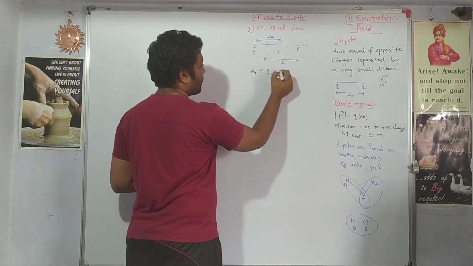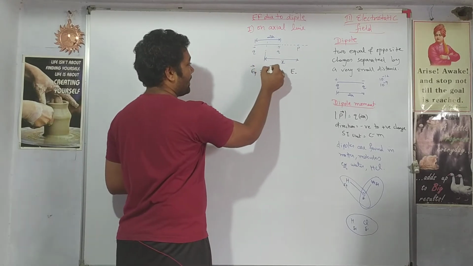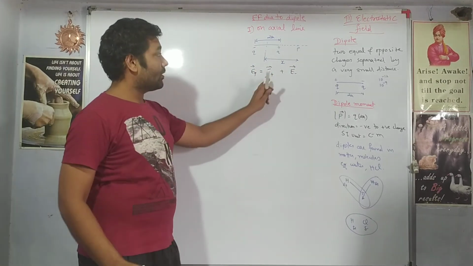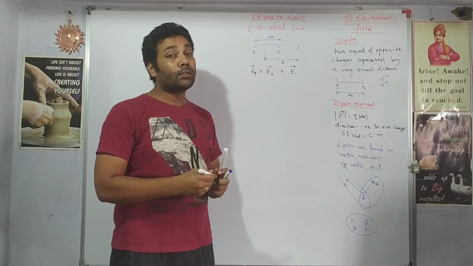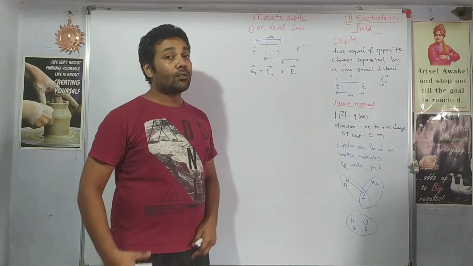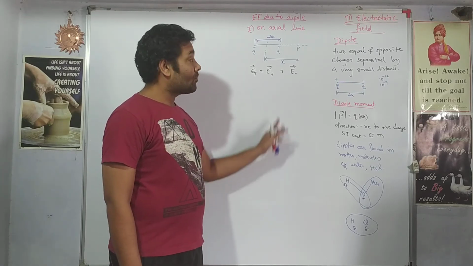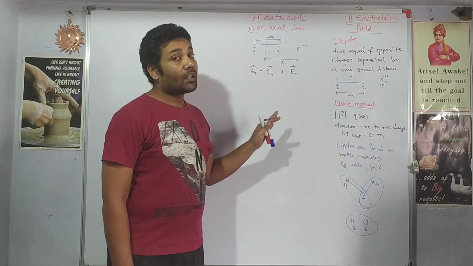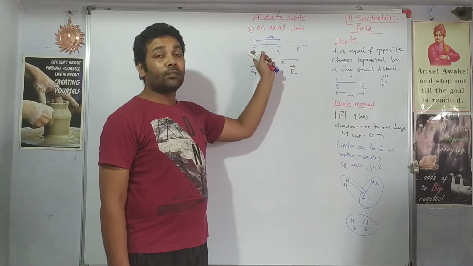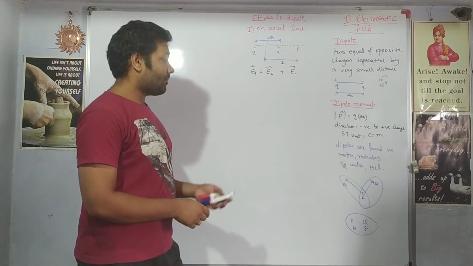As well as electric field due to the negative charge. They are vector additions: electric field due to positive charge and electric field due to negative charge. Once again, since a vector involves both magnitude as well as direction, our calculations and derivation involve only magnitude. Direction we can inspect from the diagram itself. Let us inspect the direction first.